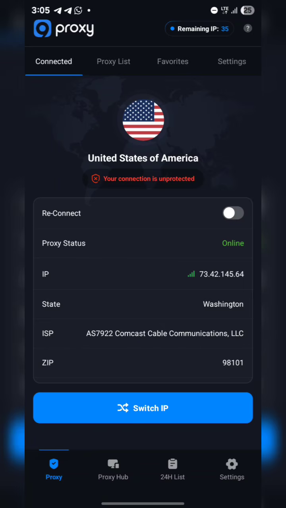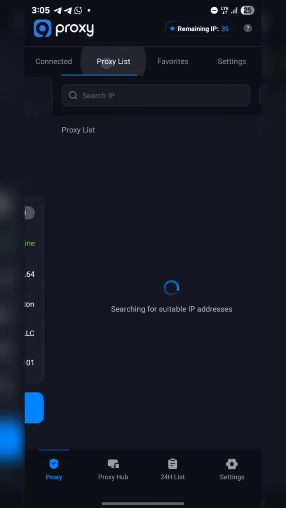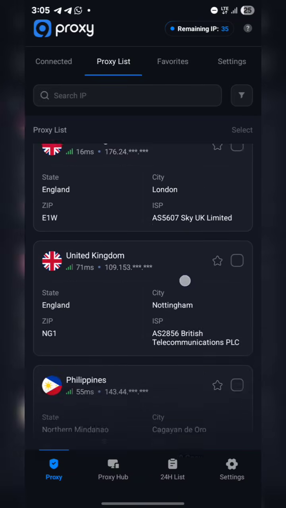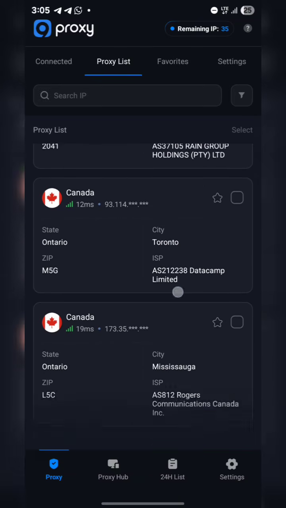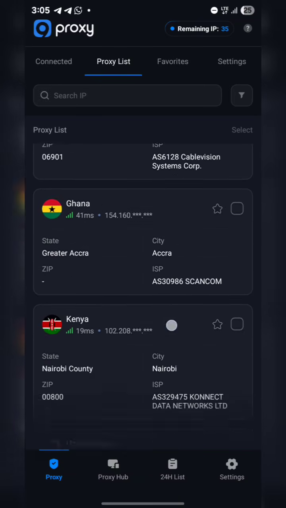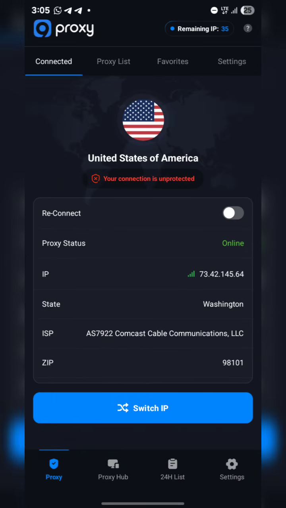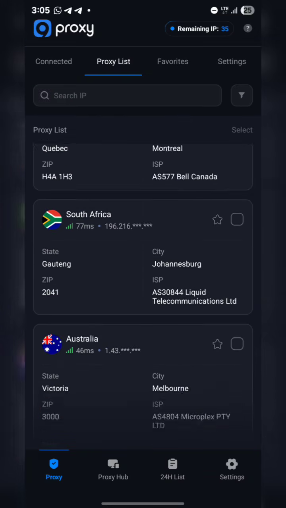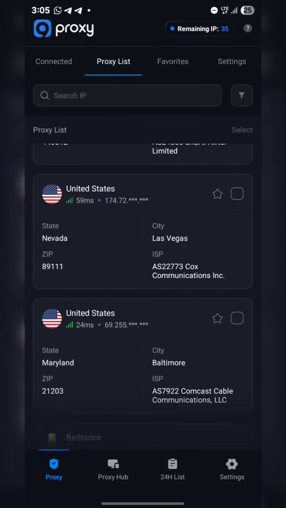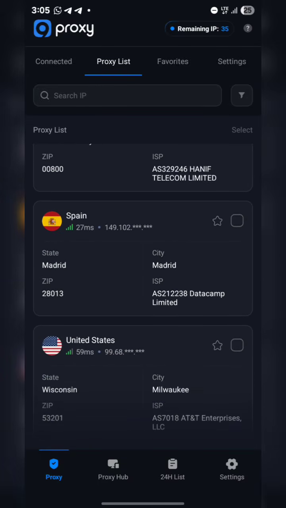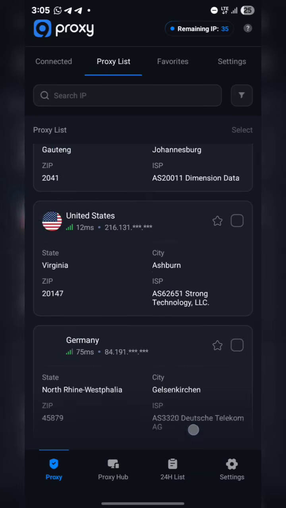That is simple. Once you are on this page, you just click on Proxy list. You see the available proxies. You can connect to different country IPs. You can see this list always refreshes. You'll be seeing different ones. If you scroll up,